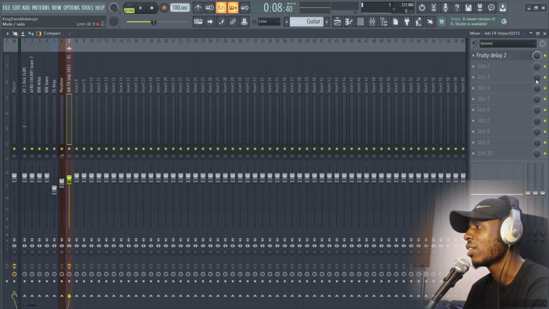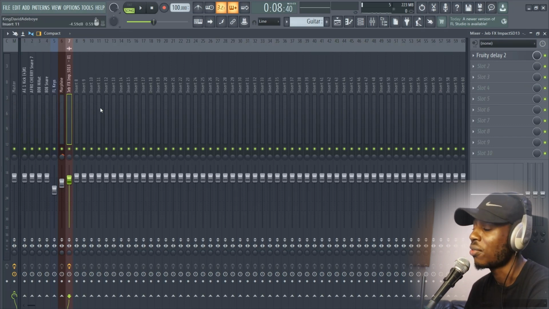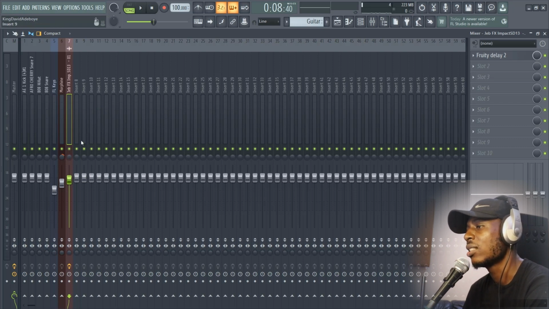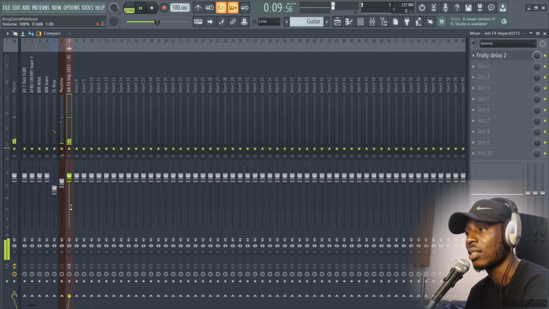So that's how you add effects. You can add EQ, compression, delay, and many other effects that I'll be talking about in future tutorials. But this is just basically how to use the mixer. Volume control, panning, stereo separation. This is to put off all the effects or put it on. If I put this off, that delay effect won't play, but if it's on, the delay effect will play,